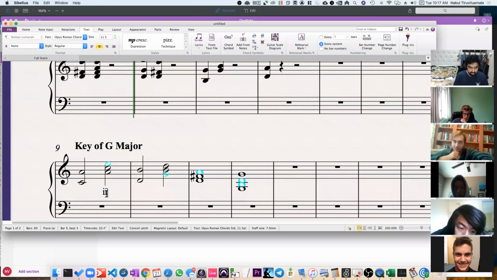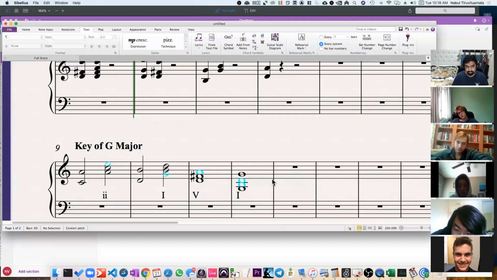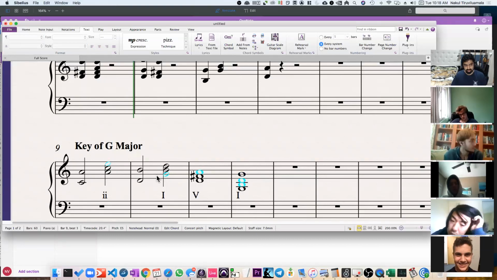An A minor triad is actually a 2 chord, right? And this right here is a 1 chord. And this one right here is? I. Great. 1, right? Okay. Whether or not you had any idea how I filled in these shadow notes,